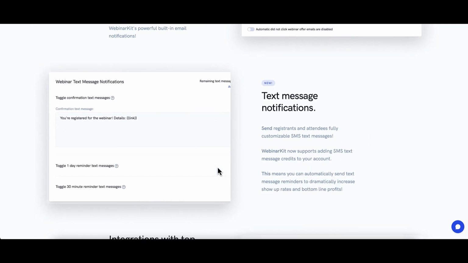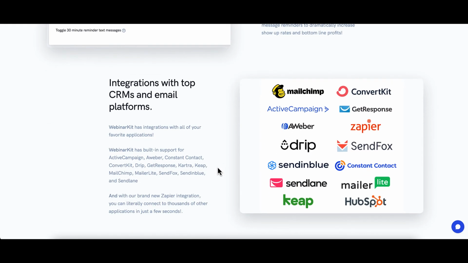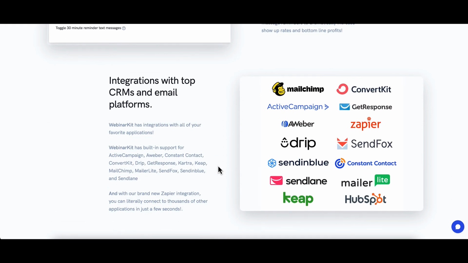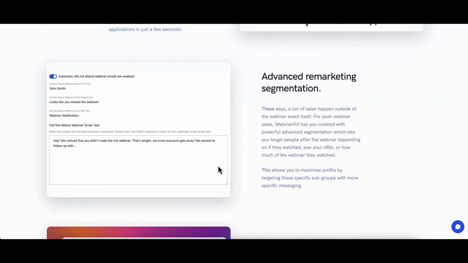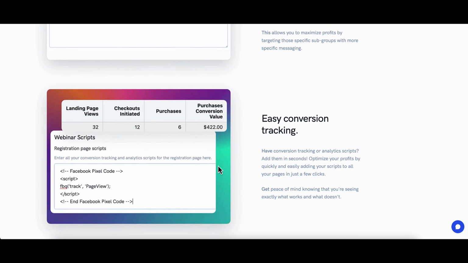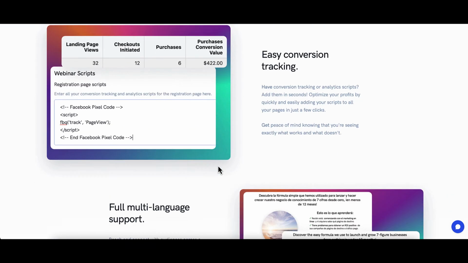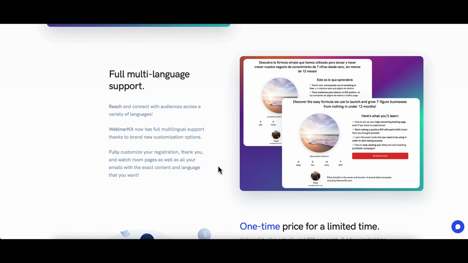Now, you can send out text message notifications to those who registered, and you can integrate with all of these CRM tools or autoresponder tools. And there is also advanced remarketing segmentation built in, easy conversion tracking, full multi-language support, as you